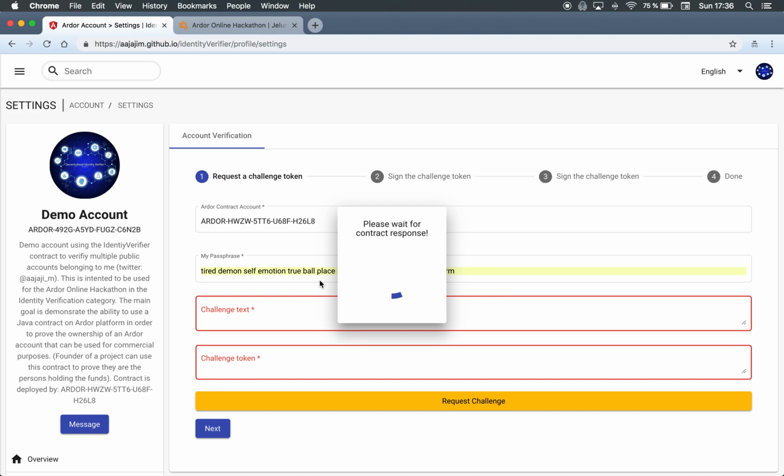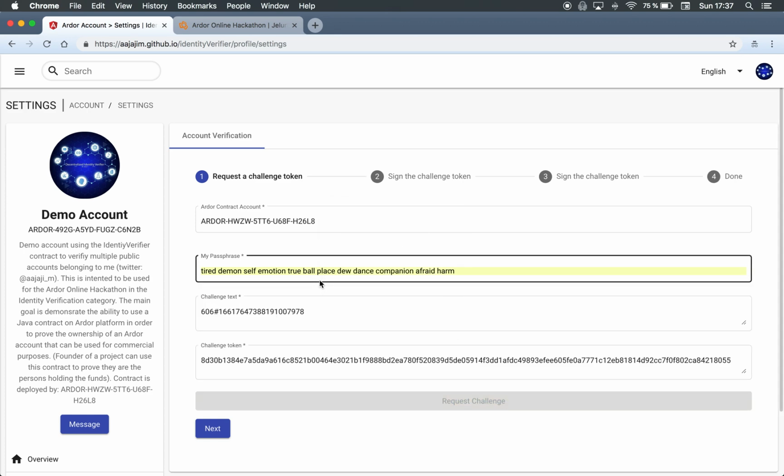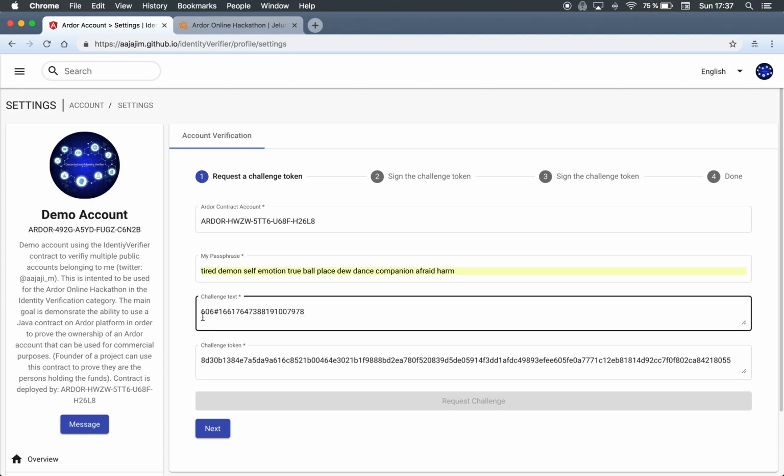What happens behind the scenes is that I'm sending a message to the contract, and the contract will verify that the message is correctly set, and if yes, it will provide me with a challenge and also a token which represents the contract signature to the challenge. Okay, so I'm just waiting here for the contract to reply. The block time in the Ardor testnet is about 10 seconds, so I need to wait a little bit in order to get the response. So I get it here. As you can see,